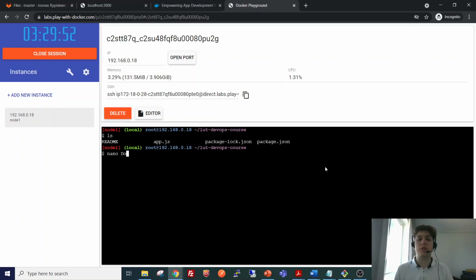And a Dockerfile is a special file to tell Docker how to build an image from the current folder that we are in. So let's create this Dockerfile. Oh, it doesn't have nano either. Let me see if I can install it.